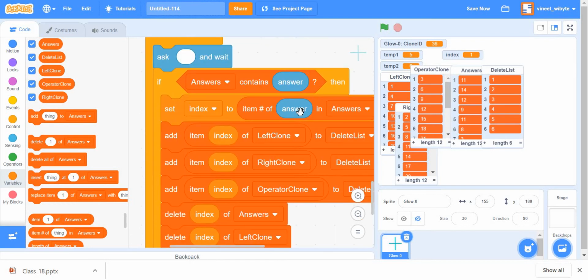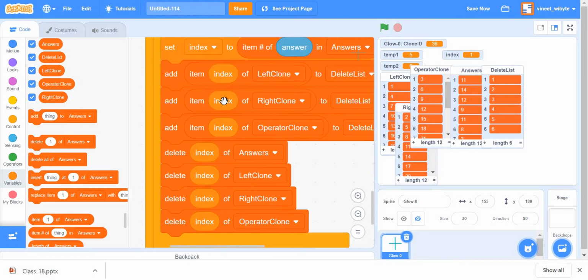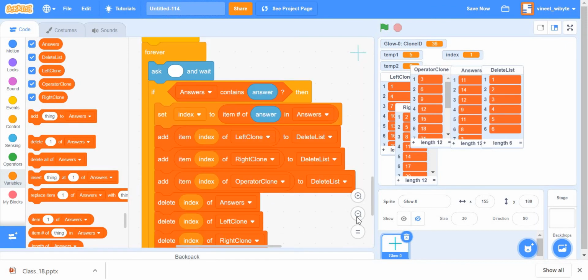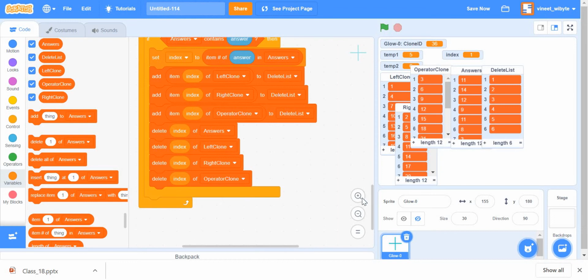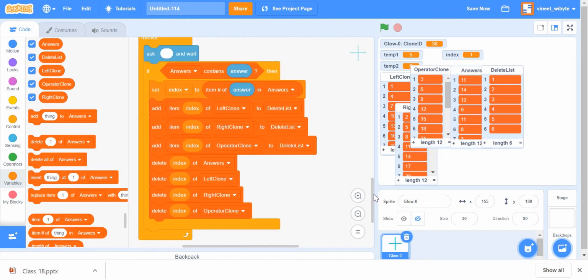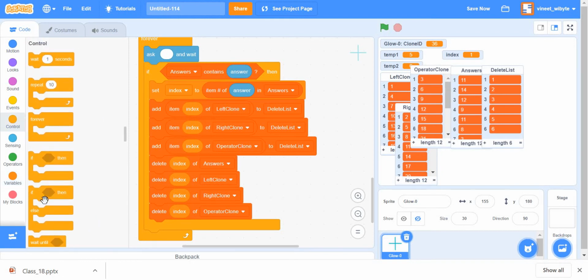All I have to do is keep on doing this till the list called answers does not contain the answer that I provided, right? Remember, let me say this again. I will keep on doing all of this until the list called answers does not contain the answer that I provided, right? And I can do that by putting this under repeat until.